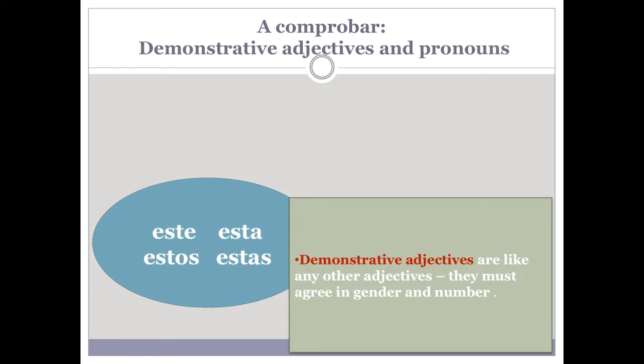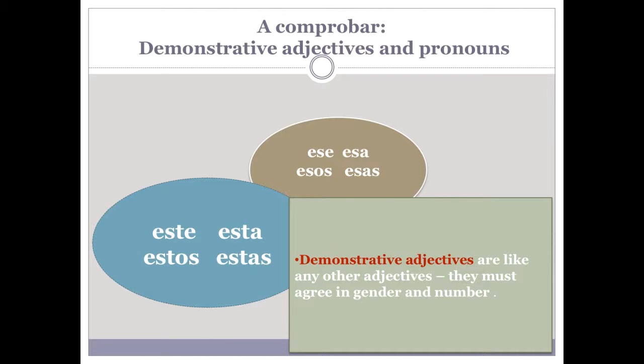So for the masculine singular, este lápiz, this pencil, estos lápices, these pencils, esta falda, this dress or skirt, estas faldas, these skirts, and a little further distance away, ese libro,